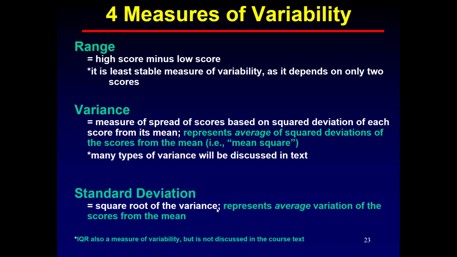We're going to briefly discuss it. You already know from high school that the range is simply the difference between the highest score and the lowest score in a distribution. It's the least stable measure of variability, the range. It's only going to depend on the 2 extreme scores, so if you change one of them, it's really going to change the